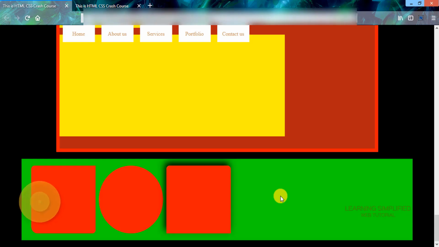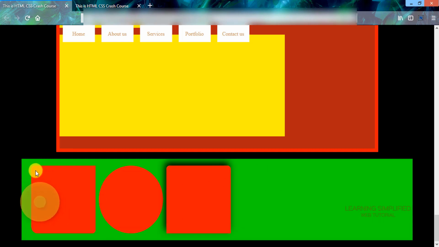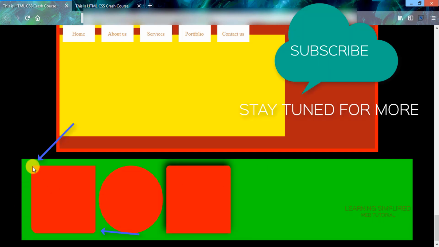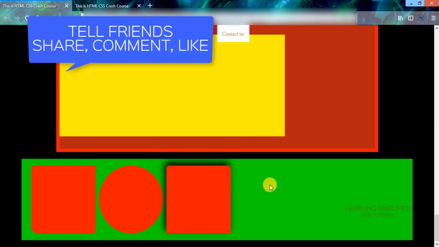Now in this tutorial, we are going to first discuss border radius. Here are some examples of this property. As we can see over here, this has a slight slope in the diagonal corners, and in the last one this slope is a little bit more, and here it does not have any border radius. On the other hand, this is a big circle, and this box has two ends with this border radius property, but the other two ends are free of it. So this is what we are going to learn.